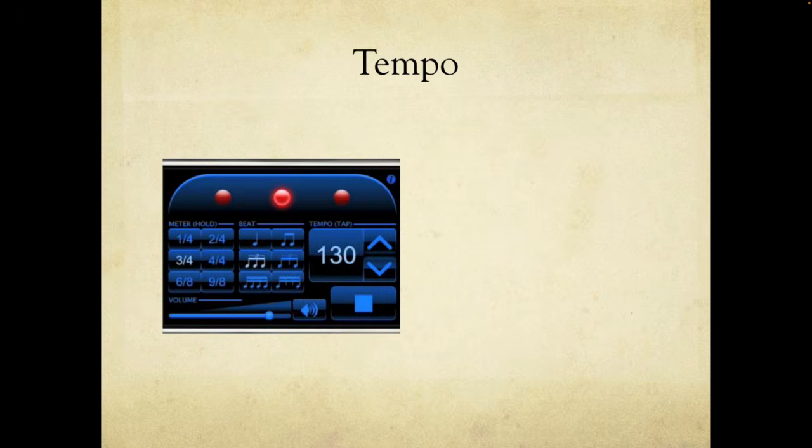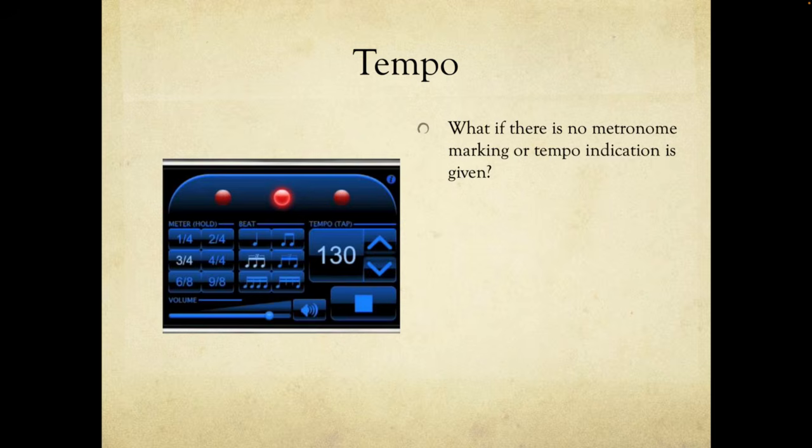Now, with tempo, I think that a lot of times we run into trouble with tempo because if there's no metronome marking, what do you do? Especially if you're in the Renaissance and early Baroque era, right? So you have to make those decisions. A lot of times you have to find the fastest occurring note value to make that decision. So if every note value, for example, is a 16th note, and that's your fastest occurring note, that kind of gives you an idea. Well, what if all of your fastest notes occurring are quarter notes? Does that mean it's slower or faster? So you have to make these decisions based on your analysis.